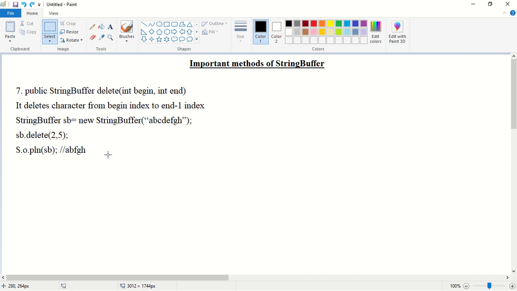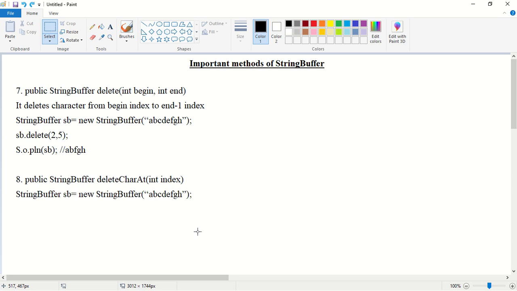Next my requirement is I don't want to delete from begin index to end index. I want to delete a particular character. So what is the method we have? We have deleteCharAt. Okay. Public, the return type is StringBuffer, deleteCharAt, and it is going to delete the character at a specified index. So example, StringBuffer sb is equal to new StringBuffer of ABCDEFGH.